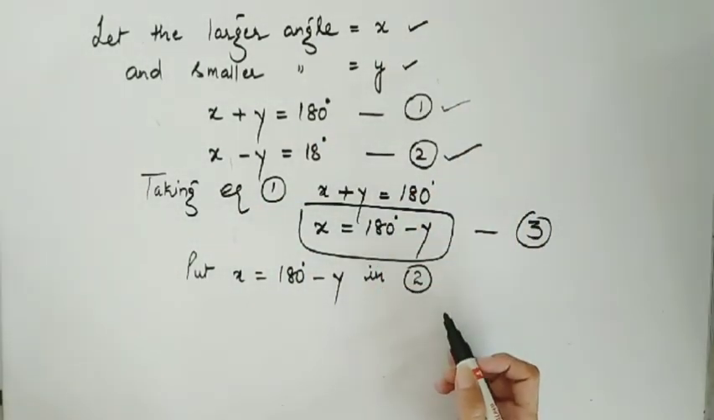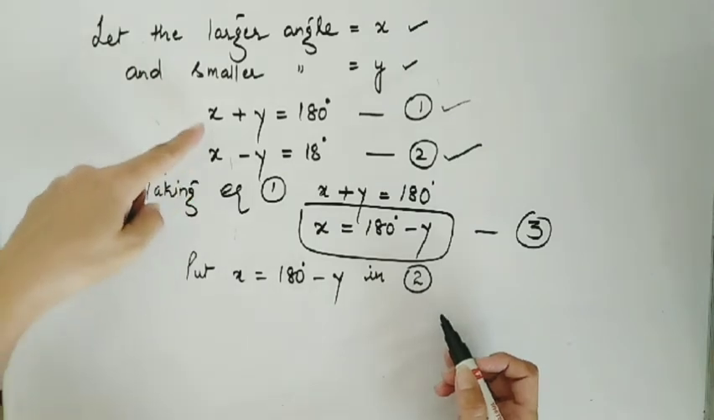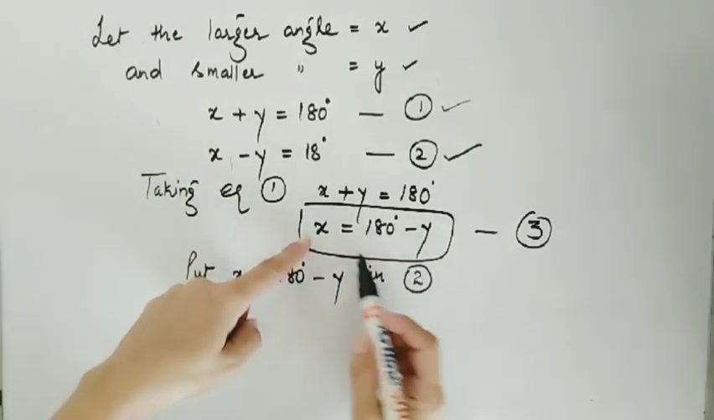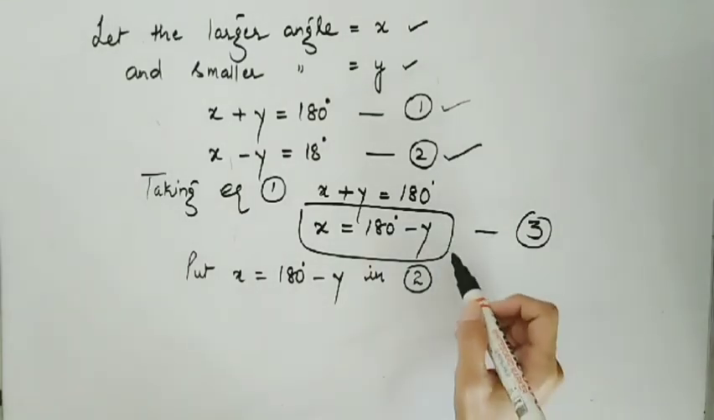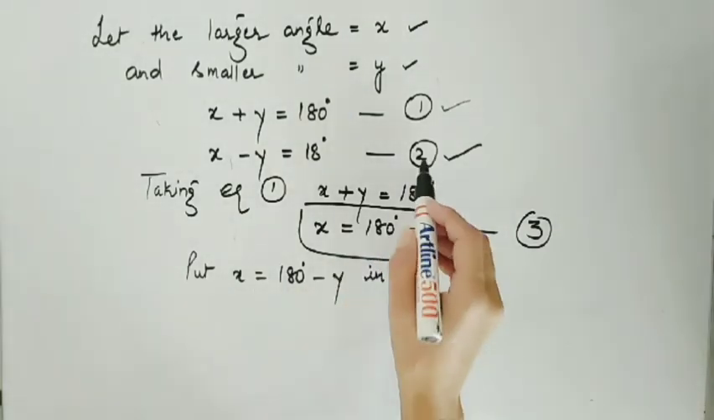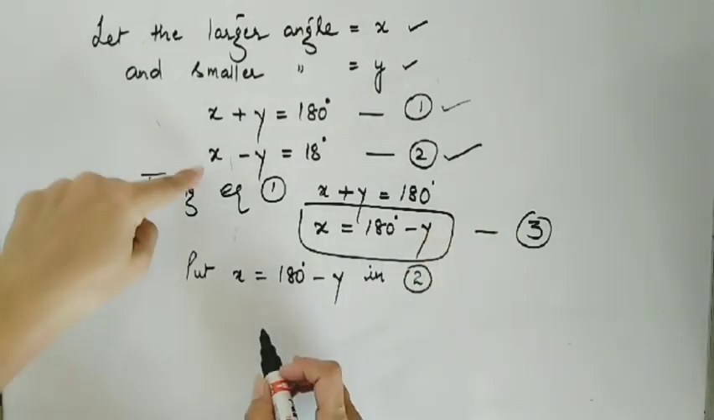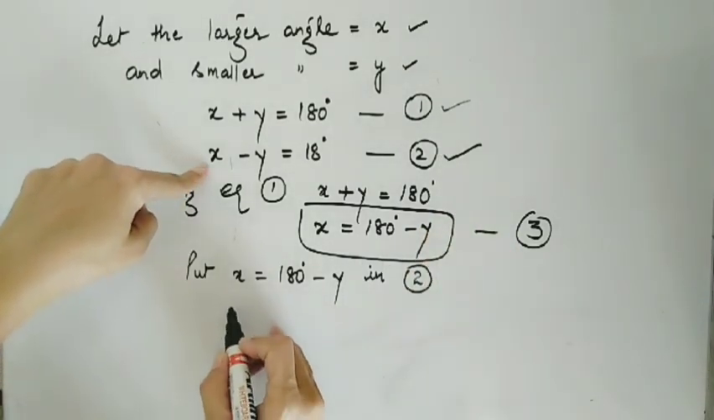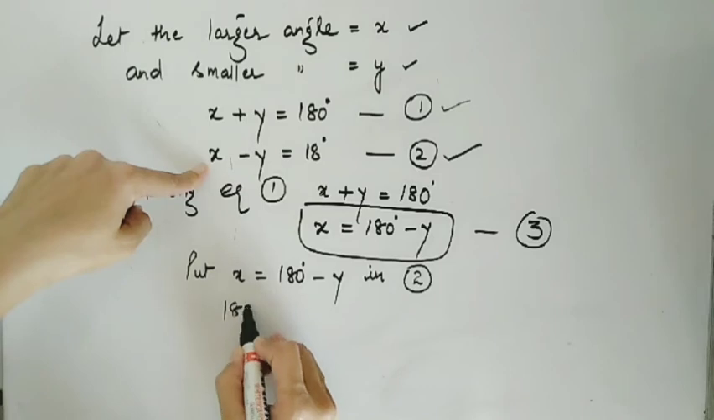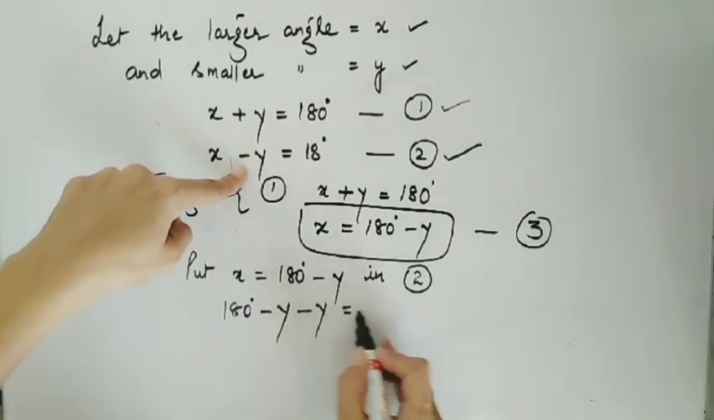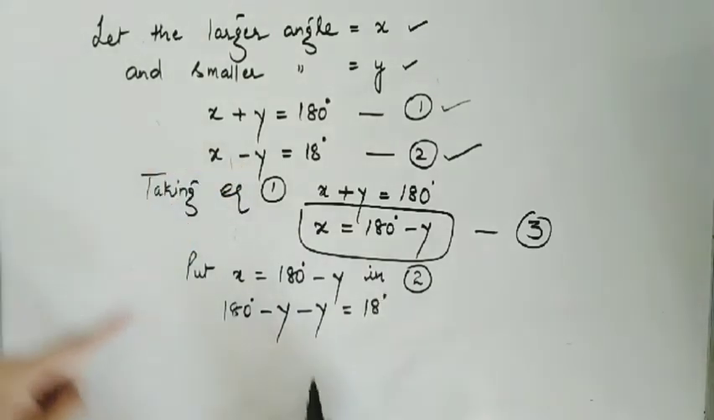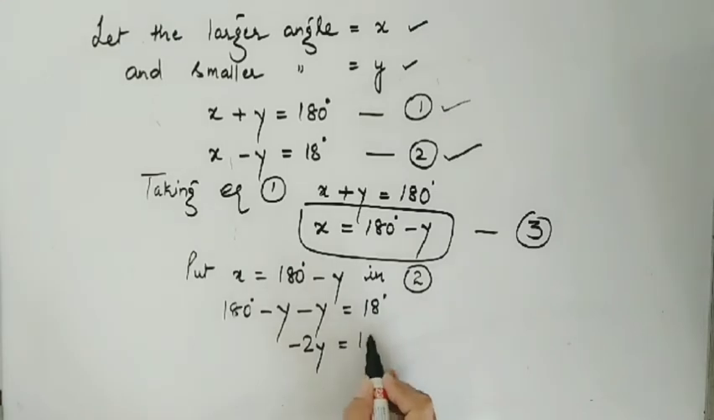So what we are doing now is, we took equation 1, we had rewritten it. From there x is 180 minus y. This value of x would go in equation number 2. So let's see how we would solve it. X, which is 180 minus y, then comes this minus y equals 18 degrees. Solve the variables. It's minus 2y, 18 minus 180,